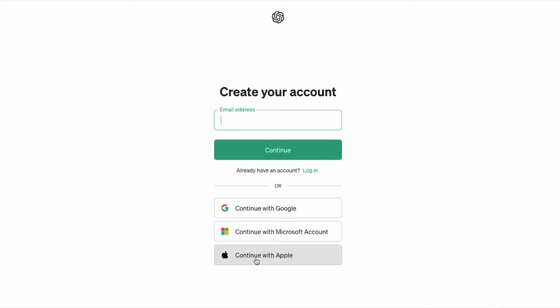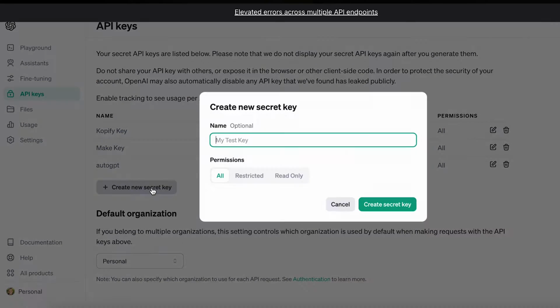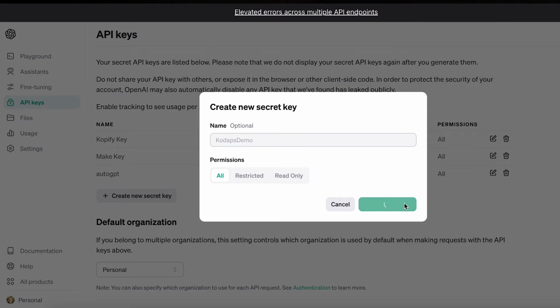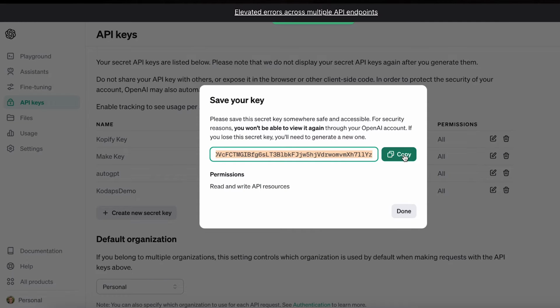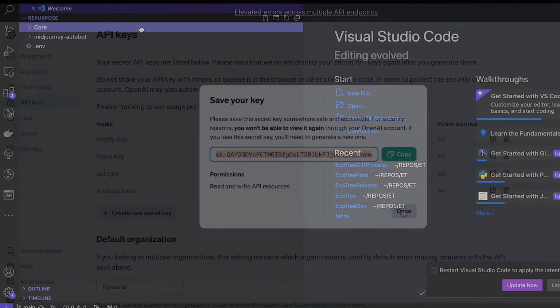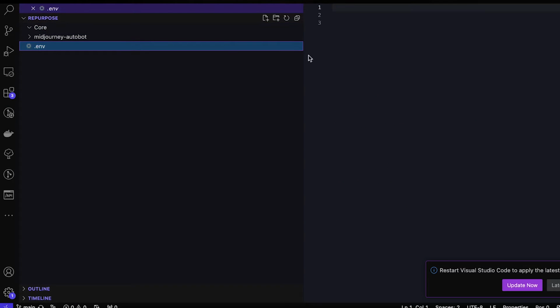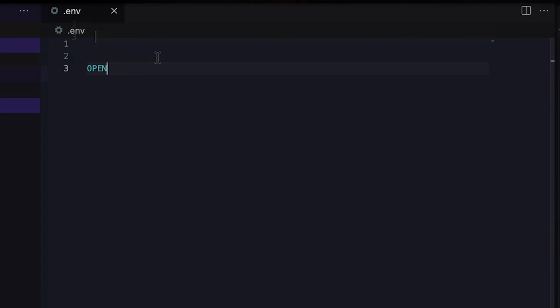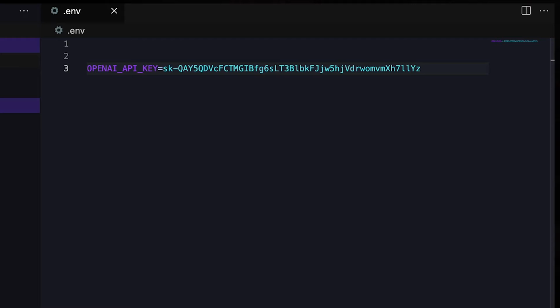Now let's head to the settings, to the API key section, and click on create a new secret key. You'll need to save this right away to a safe place. Once you navigate away from this page, the full key won't be available again for security reasons. The proper place to save your key is in a secrets file, for example, a .env file. Give it a name like OPENAI_API_KEY and copy paste the value so that your .env file now looks like this: OPENAI_API_KEY equals, and then